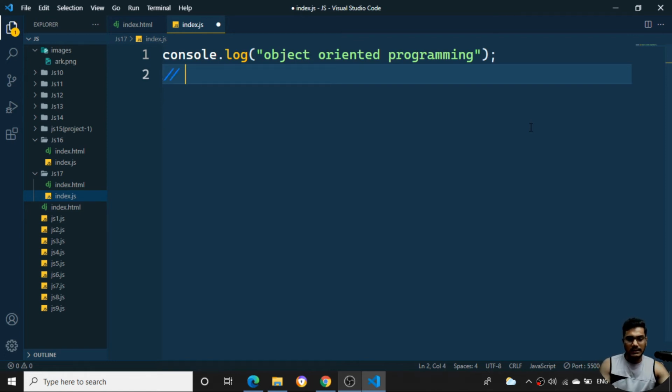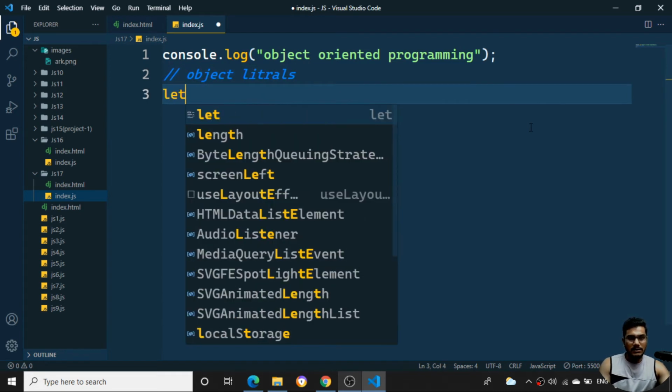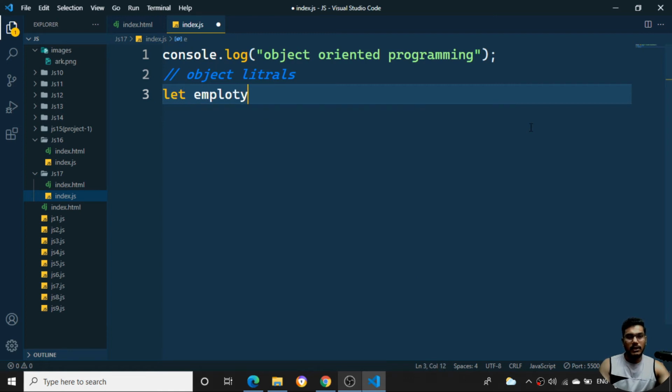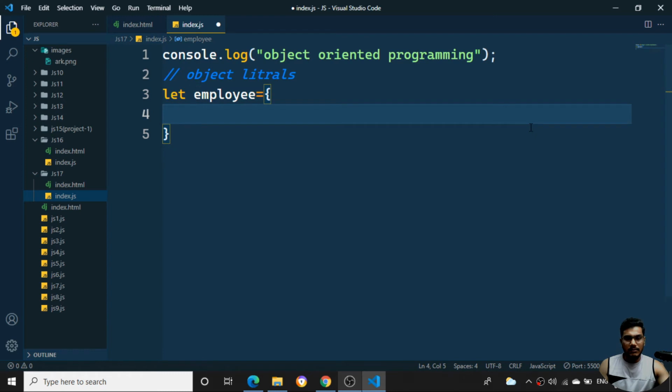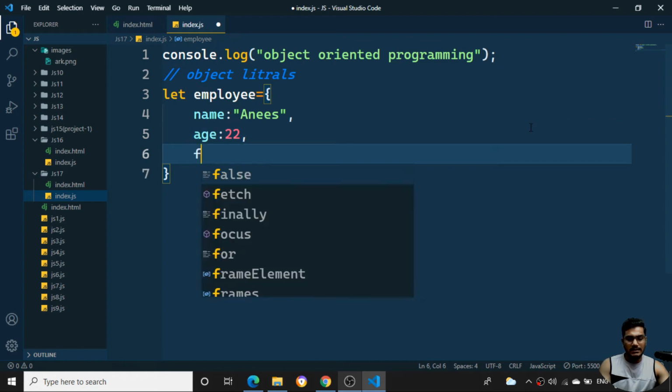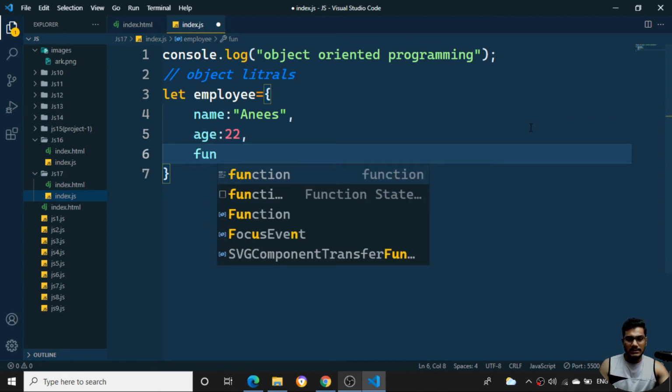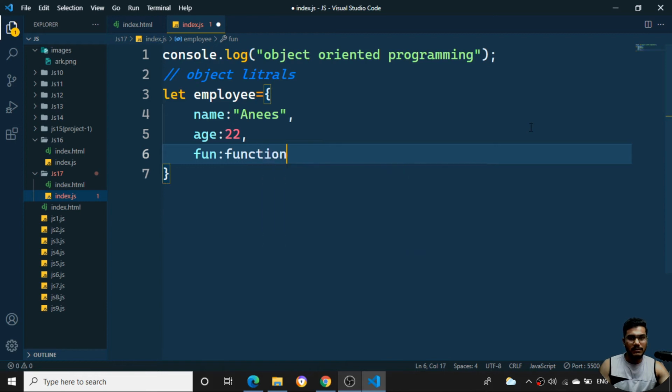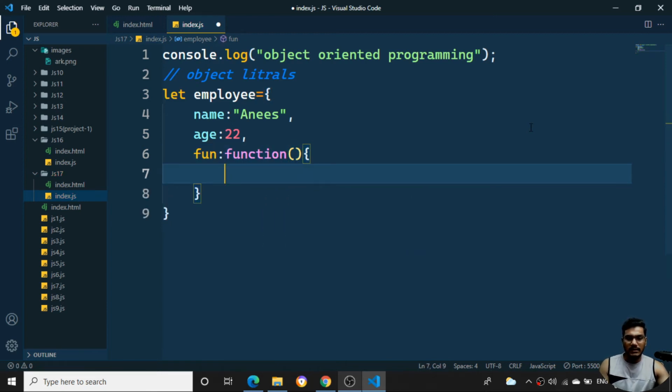First I'll teach you about the object retrievals which we have seen previously. So suppose let employee, so this is a class, employee is equal to, and inside my employee what I'll give here is the particular name. So I'll just give my name over here. Okay, so I have an employee name here, and I'll give the particular age as 22. Then I'll run one particular function over here. I'll put the function in the third argument. What this particular function does is it will just return the particular name over here.